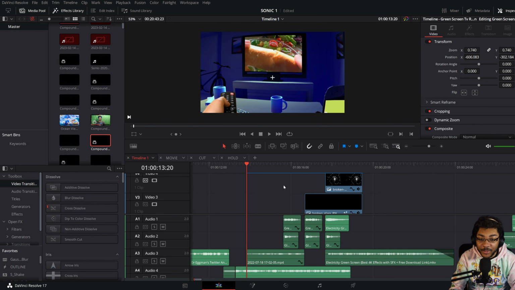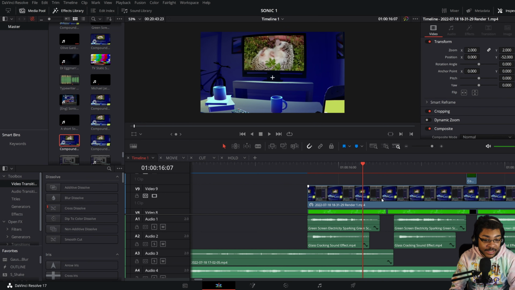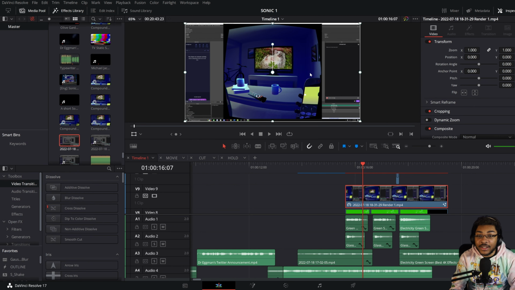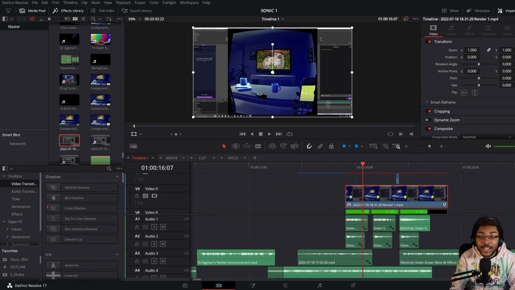And like compound clips on top of compound clips, and it's just so much. Oh yeah, you could see... I actually forgot about this. The really crazy thing about this game, because it's a VR game, I don't know if this is how it'll look for everything else, but I couldn't render it, I couldn't record it properly, and that's why